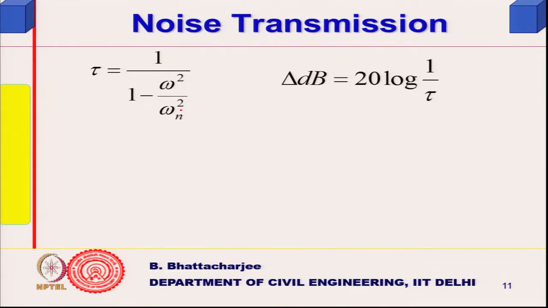So, tau is given by 1 by 1 minus omega square by omega n square, or one can take the difference on both sides, and we define transmissibility as tau, and 10 log or 20 log 1 by tau will be,